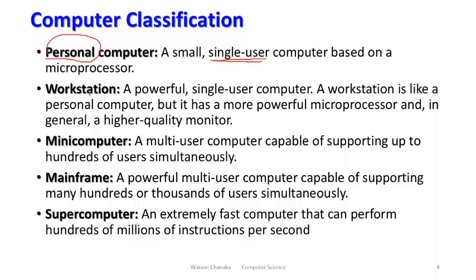Then we also have a workstation. A workstation now, this one is used for small businesses, small companies. It's a little bit powerful, single user computer. A workstation is like a personal computer, but it has a more powerful microprocessor. So it means it's more powerful than what? Than a personal computer. And in general, a higher quality monitor. Okay, basically there's some information which is missing here. A workstation can also serve as an